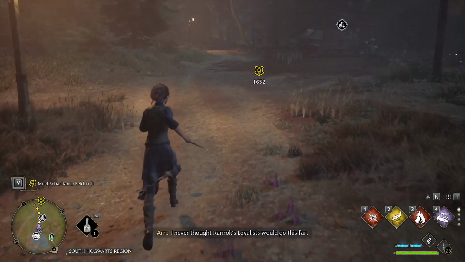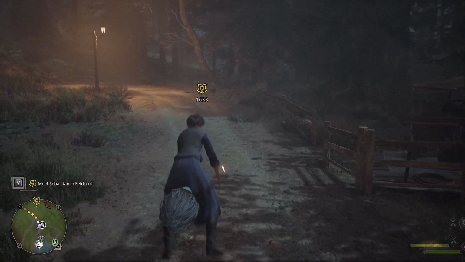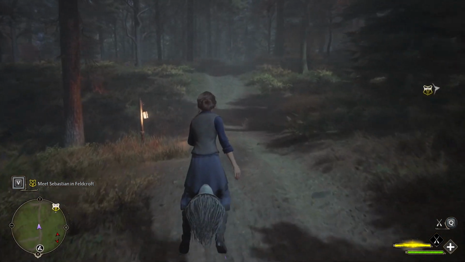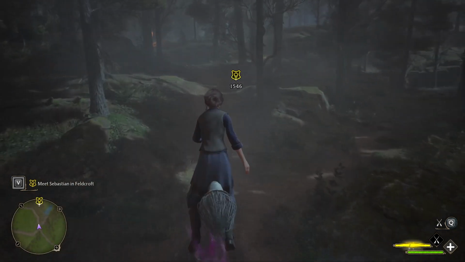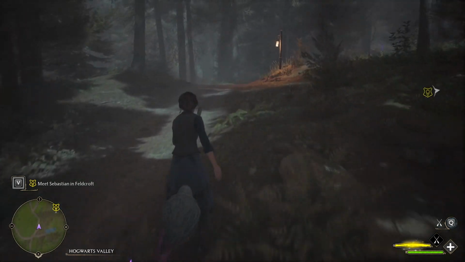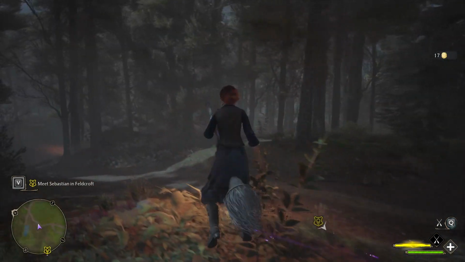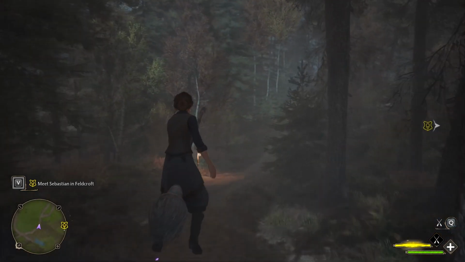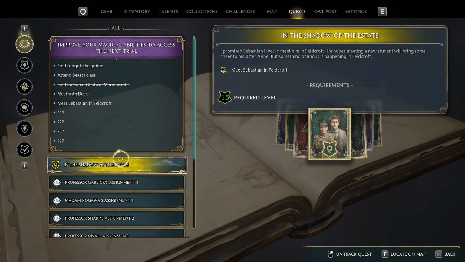I never thought Ramrock's loyalists would go this far. Let's actually, there we go. I don't want to fly too high off the path, just because, you know what we gotta do real quick before we get going too far here. Oh, that's one reason I don't want to fly too high off the path. The other reason is that I want to see if any beast dens are around. But you know what we ought to do before we get too far along, because there are quests from so like,